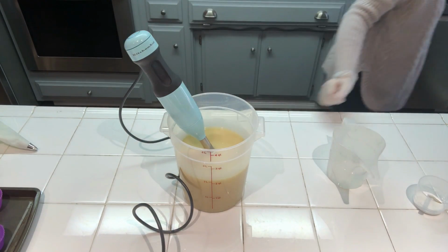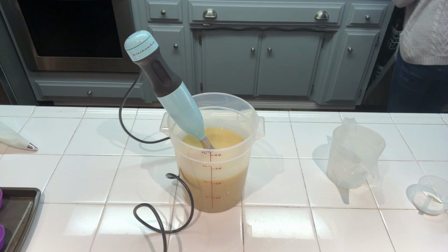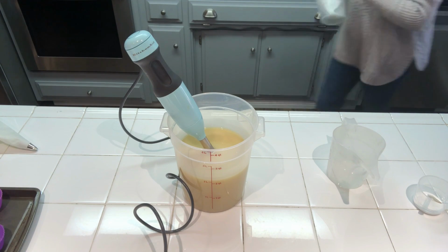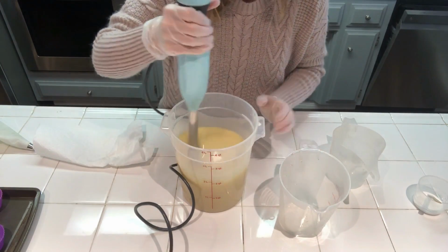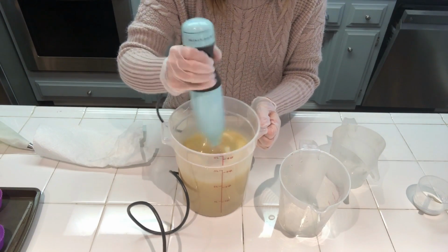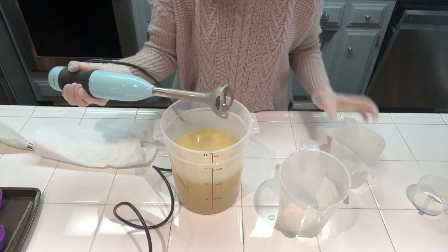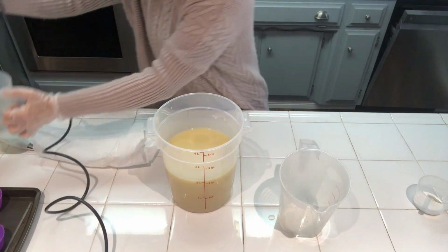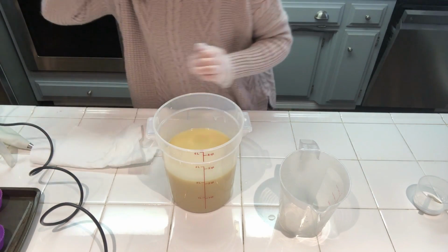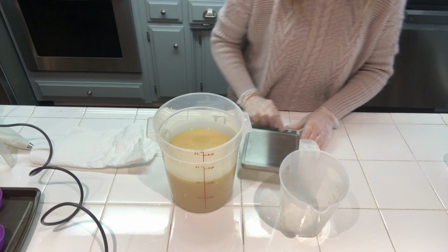Okay, then we are going to reserve some for our piping into a pour pitcher. So that's all I'm going to do on the blending for now. I'm going to put that aside, and then I'm going to pour off about 2 pounds for